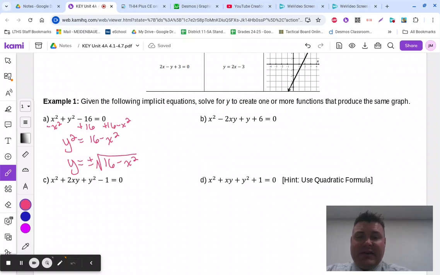All right, for letter B here, we're going to solve for y. And to do this, we're going to move all of our non-y's to one side. And then we'll collect our y's, take the GCF and divide on over. So I'm going to keep negative 2xy plus y on the left-hand side, subtract the x squared, subtract the 6, and then take out a GCF of y on the left-hand side. So I'm going to end up with,